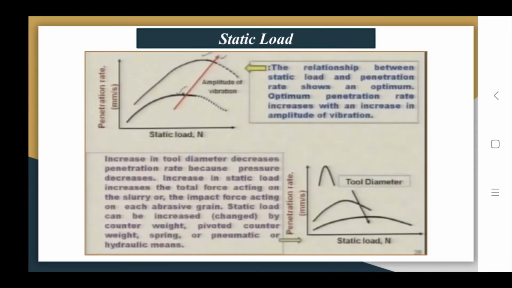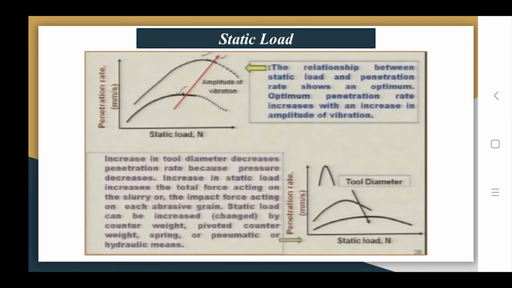Okay, then we'll talk about the static load. Load also plays an important role, as we can see in this slide. Here, as the static load is increasing, the penetration rate is increasing. It is in per second. Beyond a certain value of the static load, in both the cases of amplitude of vibration, it starts